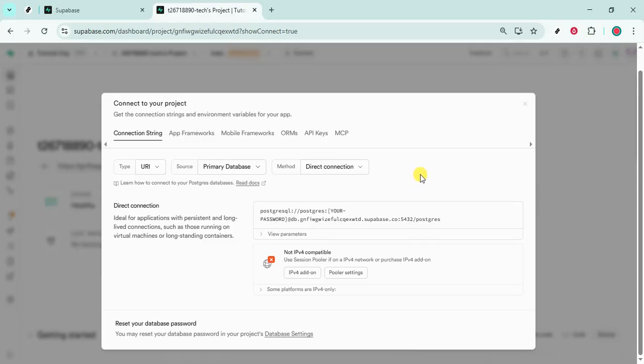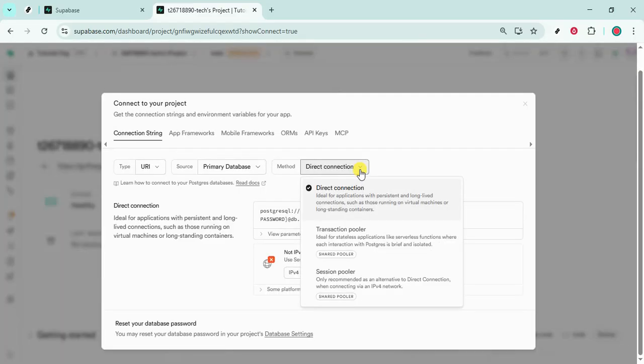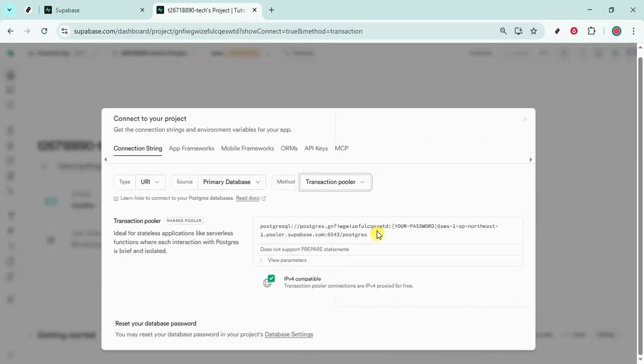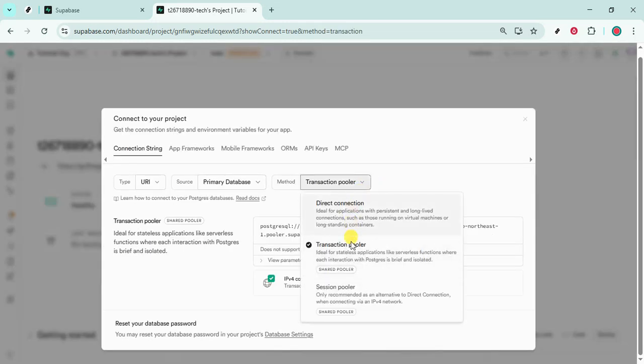Near the top of this page, look for the Method dropdown and click it. This lets you choose how your application connects. Direct connections point straight to your database and are ideal for local development, admin tools, and tasks that need full PostgreSQL features. Session Pooler routes traffic through a pool of longer-lived sessions, which helps reduce connection overhead while maintaining features